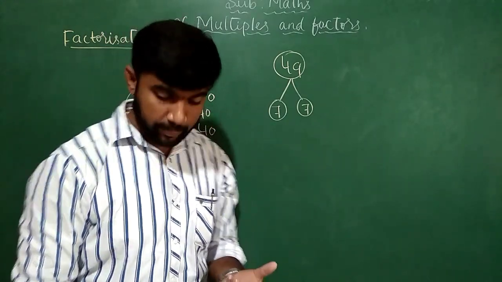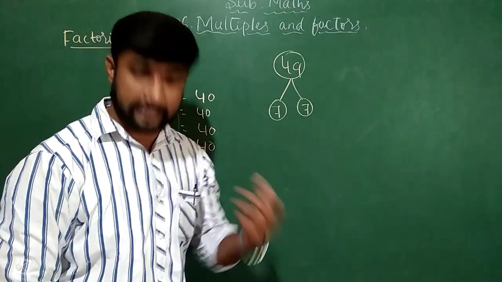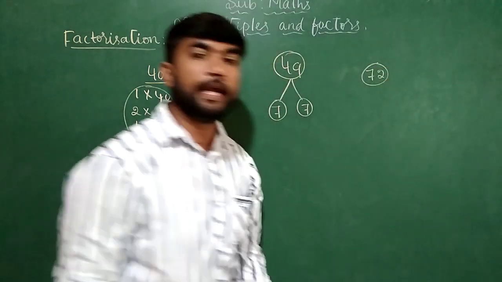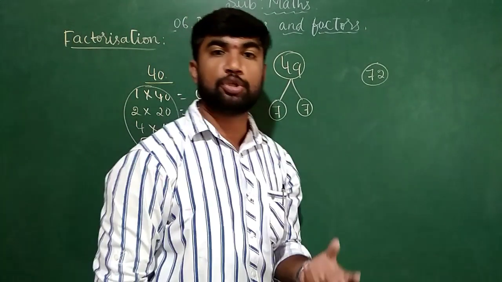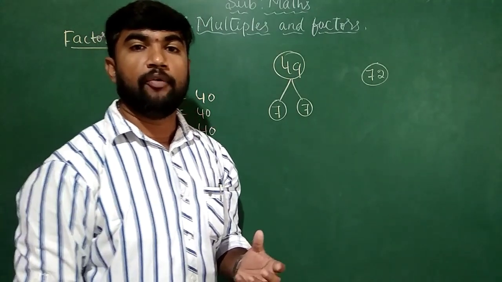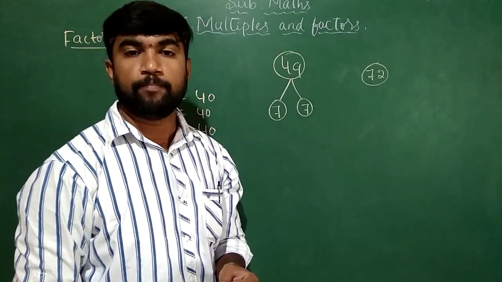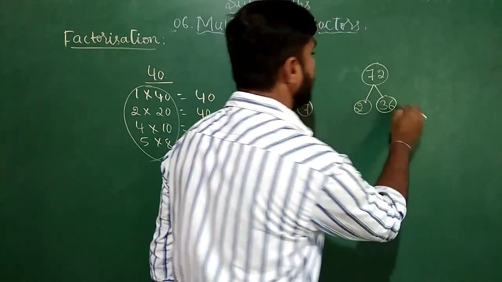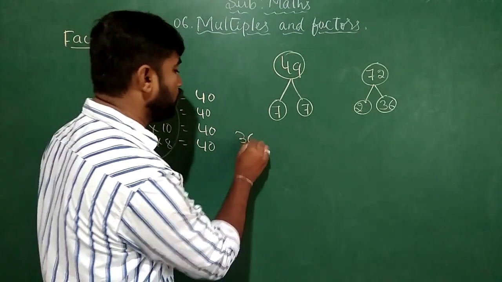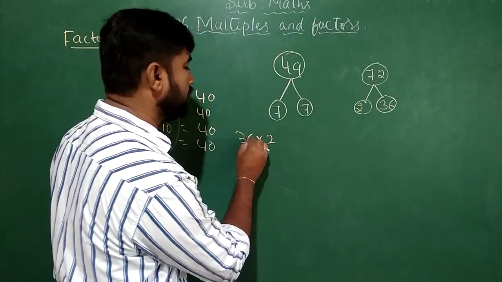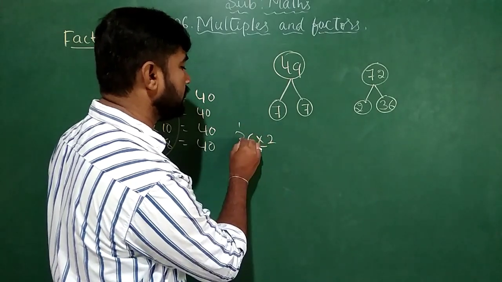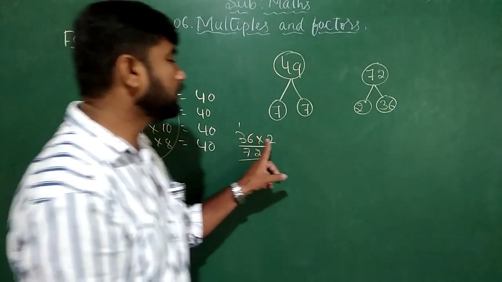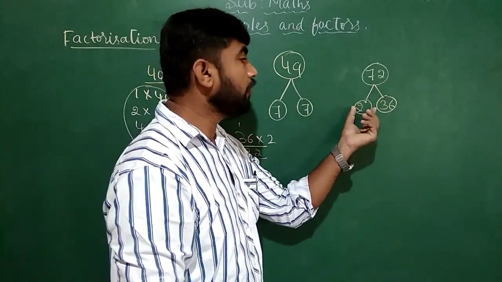I will show one more example from exercise 6.7, second question, that is 72. Take the smallest prime number, that is 2. 2 times how much is 72? We know 2 thirty-fives are 70, 2 thirty-sixes are 72. You can check it: 36 into 2. 6 twos are 12, 2 and 1 carry. 2 threes are 6, 6 plus 1 is 7. Okay, we got 72. So 72 is 36 into 2.